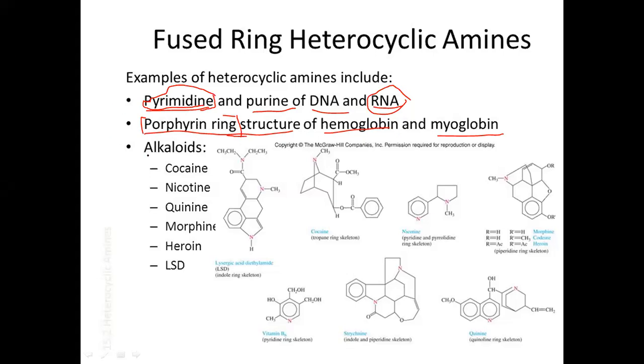And next some alkaloids are there. Okay, that's cocaine, nicotine, quinine, morphine, heroin, and LSD. So in these molecules, you can see the structure is there, and in every structure, every molecule, you will see there is a heteroatom inserted into the ring along with the carbon and hydrogen. So you can also consider these examples of heterocyclic compounds. So you can see these are the alkaloid compounds, these are the porphyrin ring,